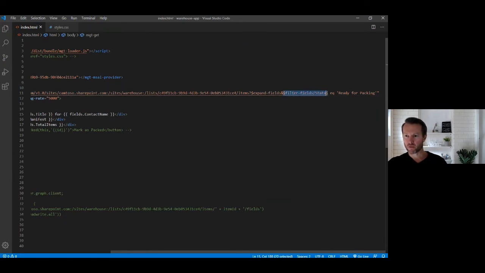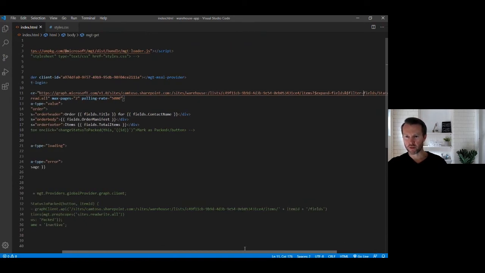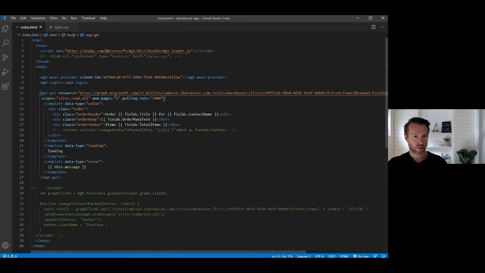And I can apply a filter based on any of the columns that are in that SharePoint list. In this case, I'm going to filter on the status column and just look for ones that are ready for packing. Okay, so that's one very long query. But keep in mind that that query is querying just an arbitrary thing anywhere inside of a Microsoft 365 tenant. But we've been able to, in one query, specify all the way down to a subset of items in one